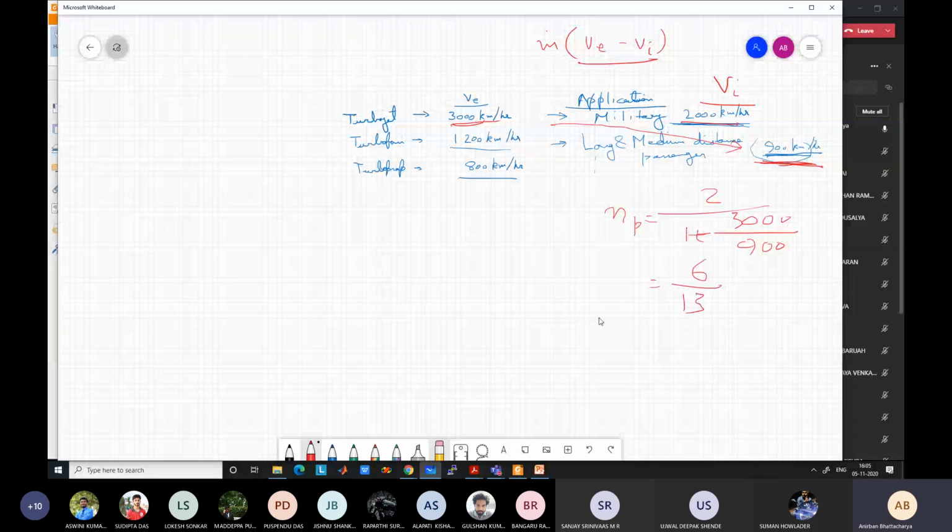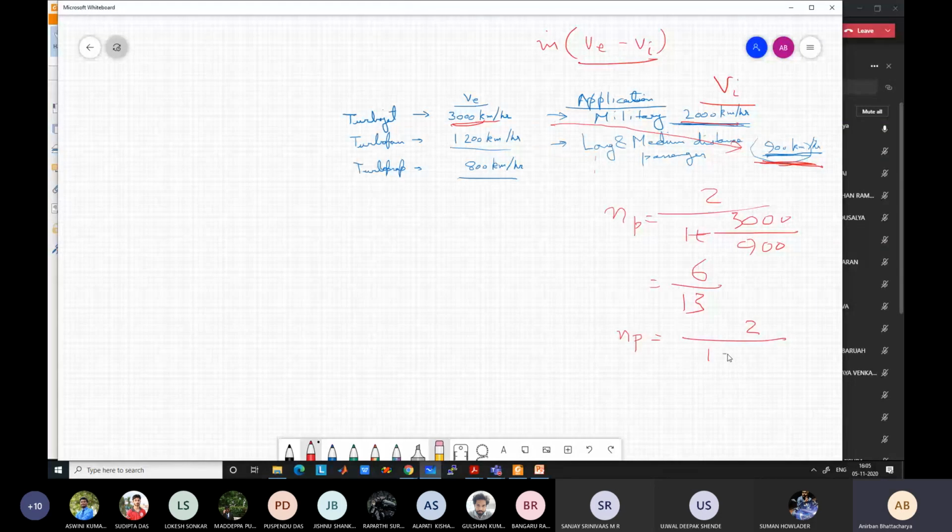In the other case, if we use a turbofan engine, propulsive efficiency will be 2 by 1 plus 1200 by 900. So this is 4 by 3, so 7 by 3, 6 by 7, very high as compared to